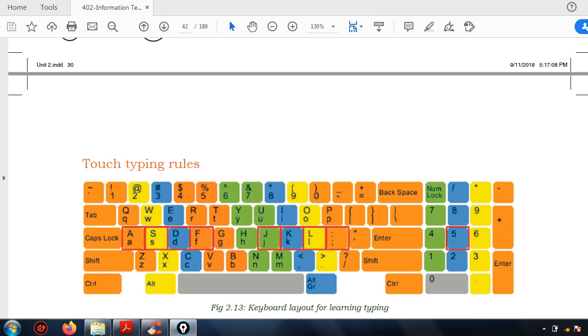Now if I want to write this F in capital, suppose we are comfortably typing in small letters, and instantly I want to type a capital letter. I will press the shift key, and with that I will press this F, so F will be typed in capital. If I press shift and this L, then L will be typed in capital.